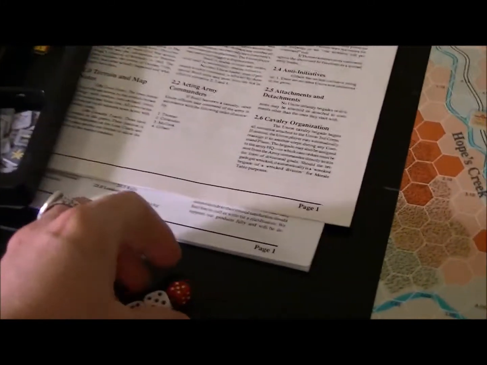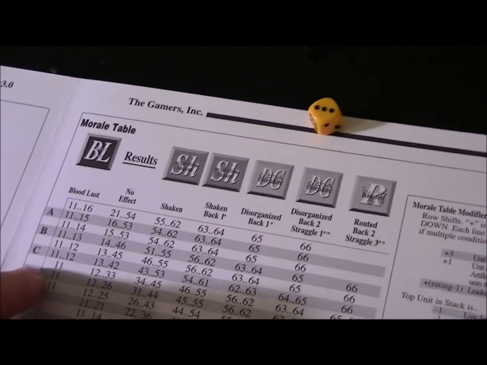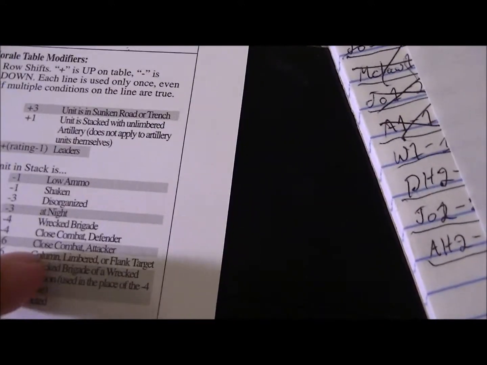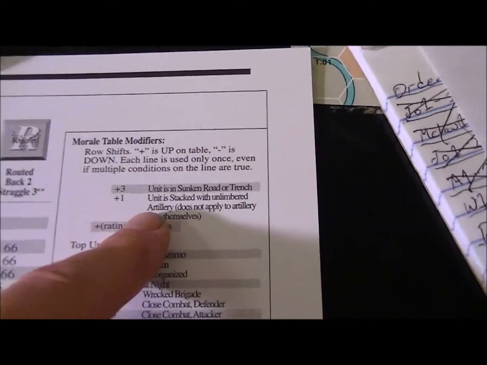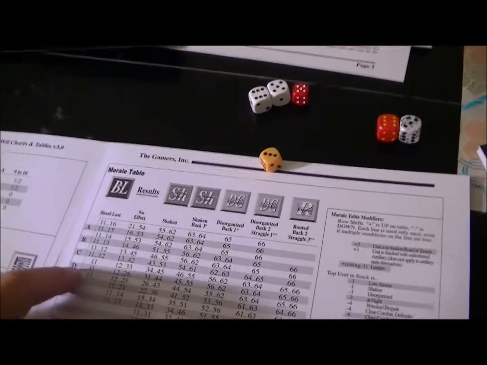Well, I succeeded in screwing with it with an 11 roll against that thing, which caused a hit, even at that range, but it also caused the low ammo. Well, with a D morale, it's going to straggle, but with a D morale even worse, a 63 result. Now I go up 1 because the artillery, that's one of the modifiers over here. If you're stacked with artillery, the infantry gets a bonus if it's stacked with unlimbered artillery. So I went from D to D+,